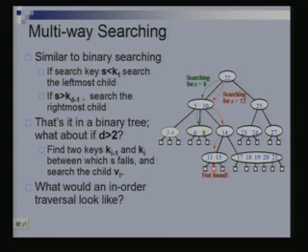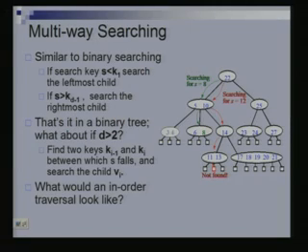So, what would an in-order traversal in this tree look like? That was the question we were at. Okay. So, first, what is an in-order traversal in this tree? Recall in-order traversal says left, then you print the data of the node, and then you go right. But now, there is no left and right, because a node can have many children. So, what does an in-order traversal here mean?